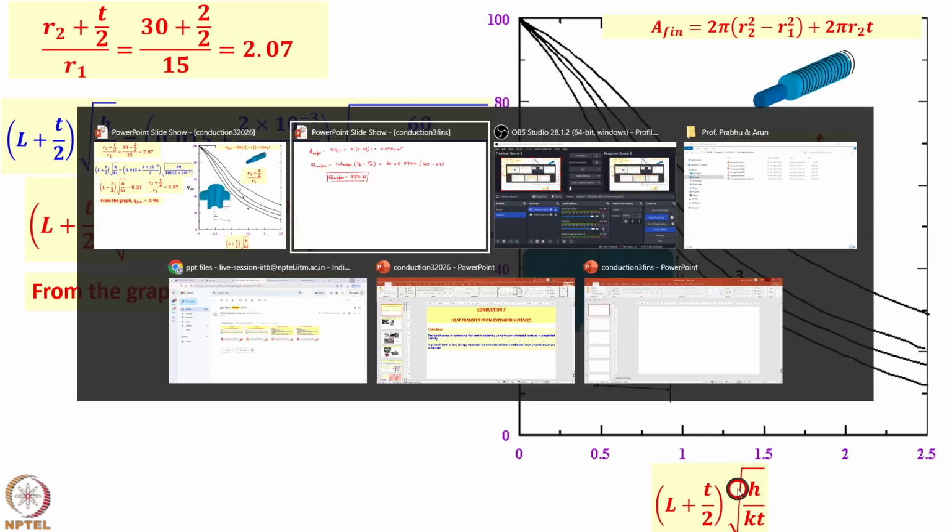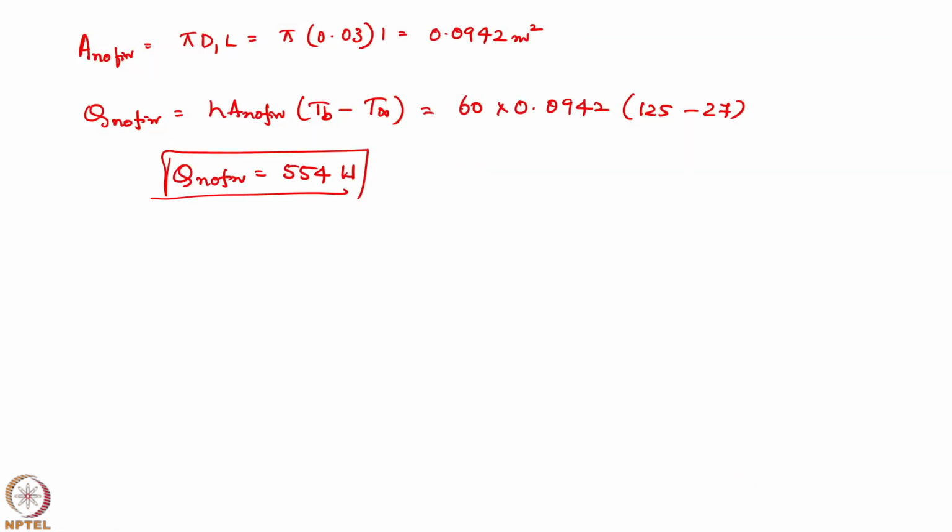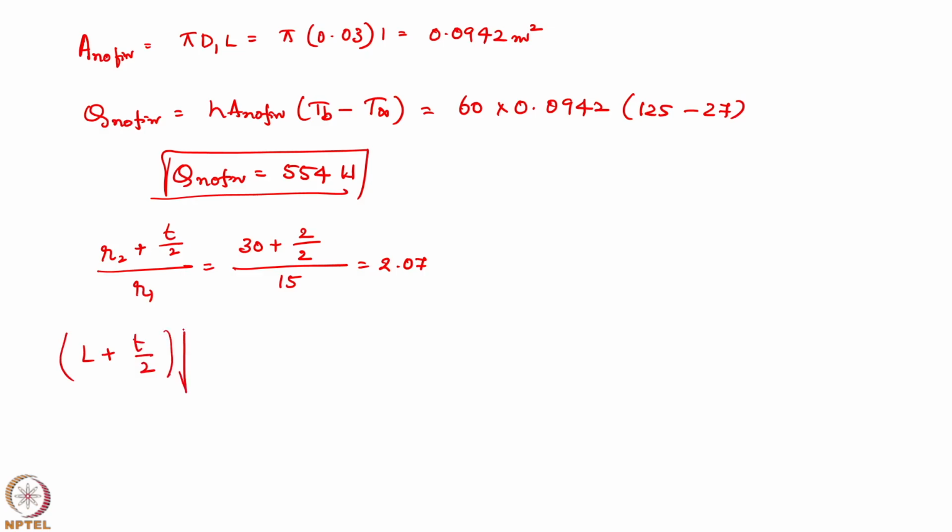So let me do that, otherwise you may get confused. So that is (R2 + T/2) divided by R1. R2 is 30, that is 60 by 2, 30 plus thickness 2 by 2, R1 is 15. I am taking both in the same units, so I am not bothered about converting them into meters. (L + T/2), here I have to convert it into meters, into square root of H by KT